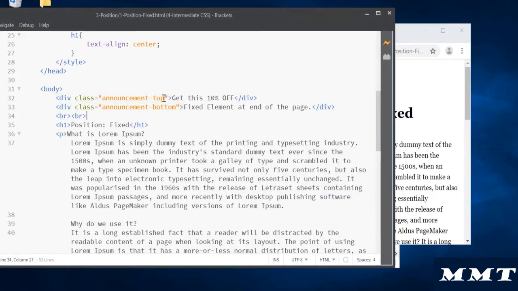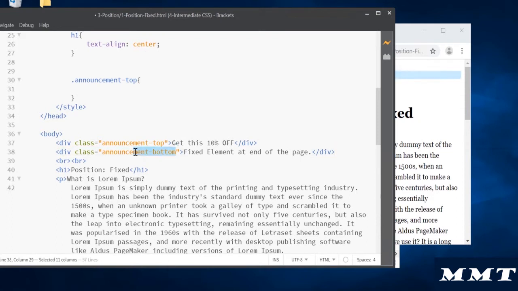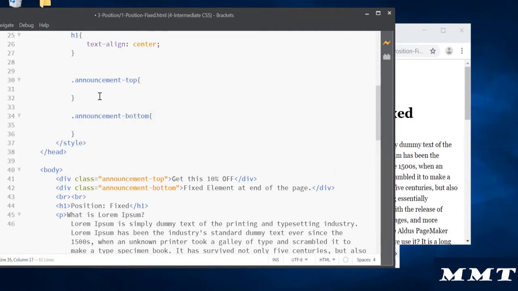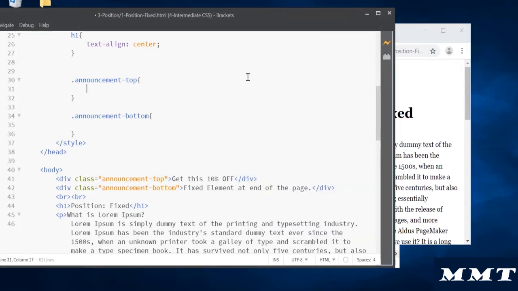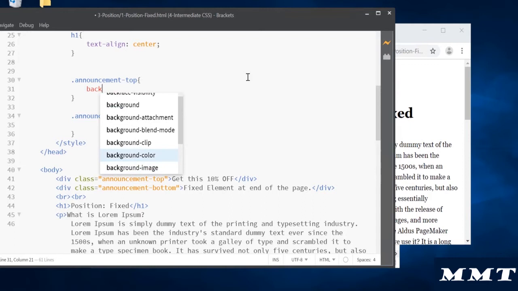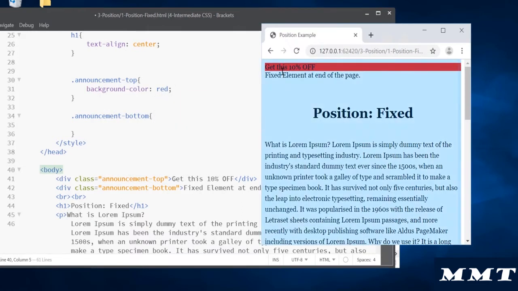So let's define this top and bottom. Then we'll have bottom as well. For the top, get this 10% off, that's nothing but your utility bar on the top. So what I want to do is have a background color for it, and I want to say red in color. So you have red in color,